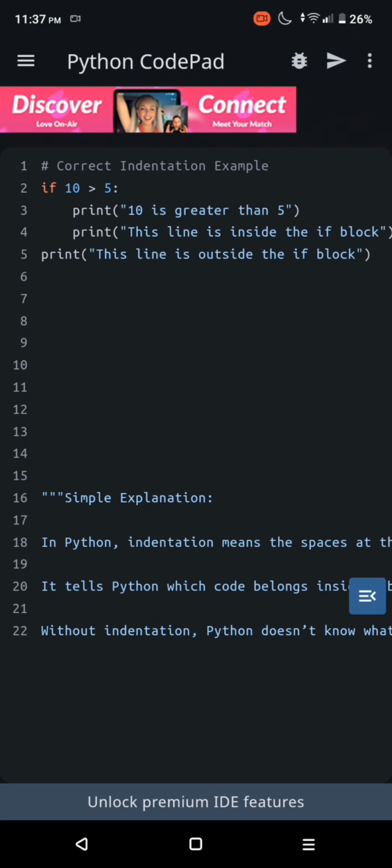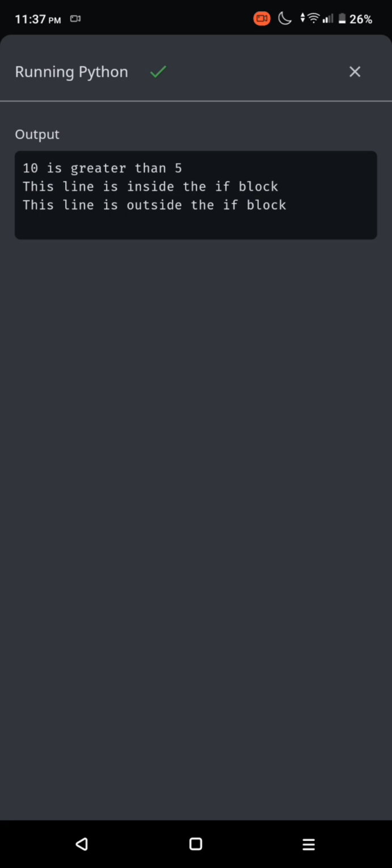So we run this program, and the output is 10 is greater than 5. This line is inside the if block, and this line is outside the if block.